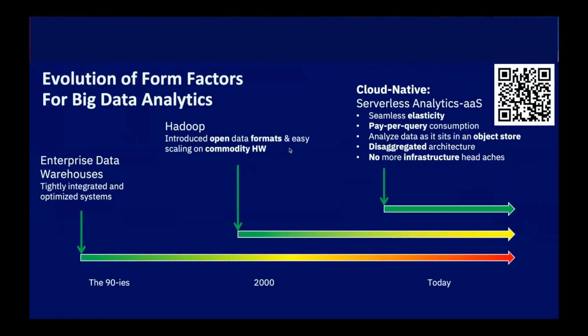So that's a form factor that is very well established, but nevertheless, some 15, 20 years ago, Hadoop came up and became very successful, even though there were already enterprise data warehouses. Why? Because they introduced more openness. Openness in terms of deployment options, hardware that could be used to run it on, cheap hardware, heterogeneous hardware, but also openness in terms of the data that can be processed, data formats. You can basically bring your own data formats, and Hadoop can just read and write those data formats.